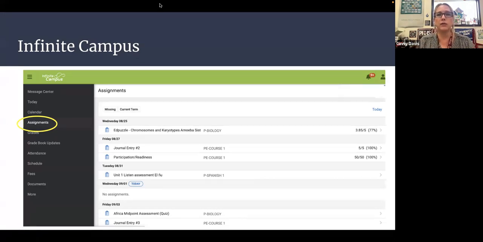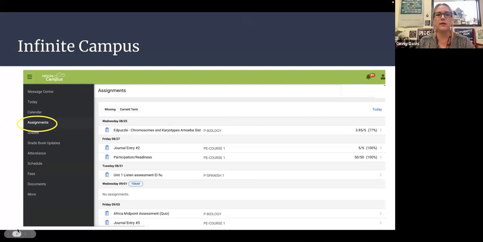Canvas is a little bit confusing for teachers. It was a whole new learning curve. We spent a lot of time this past summer investing in training for teachers to teach them how to use Canvas. And so hopefully you start seeing more and more teachers using Canvas this year than we had last year.